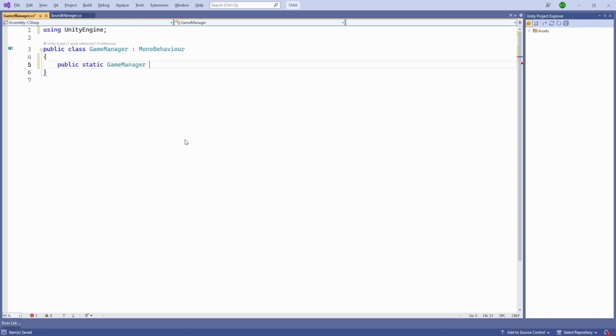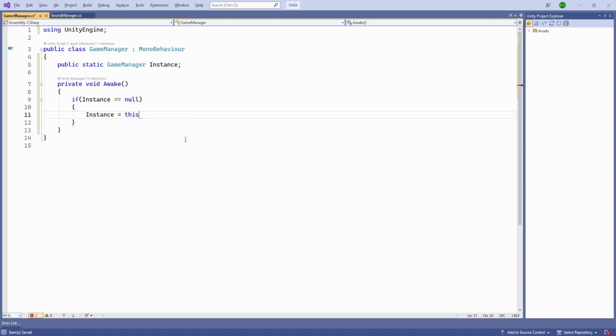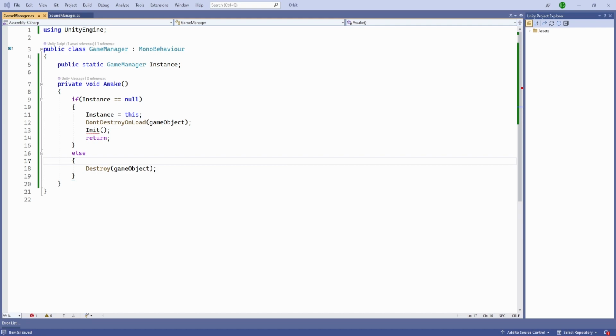And so let's see, first we need a game manager instance, and inside awake, if our instance is equal to null, then we'll set the instance to this, and we'll use don't destroy on load on the game object and return, and we'll also need to initialize the function. Else what we are going to do is we'll just destroy the current game object. We don't need to do anything. And let's create our init function,